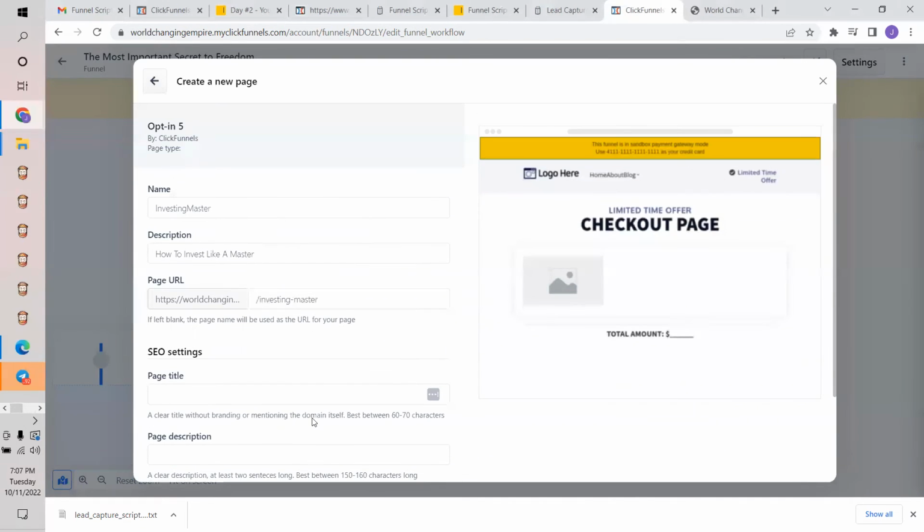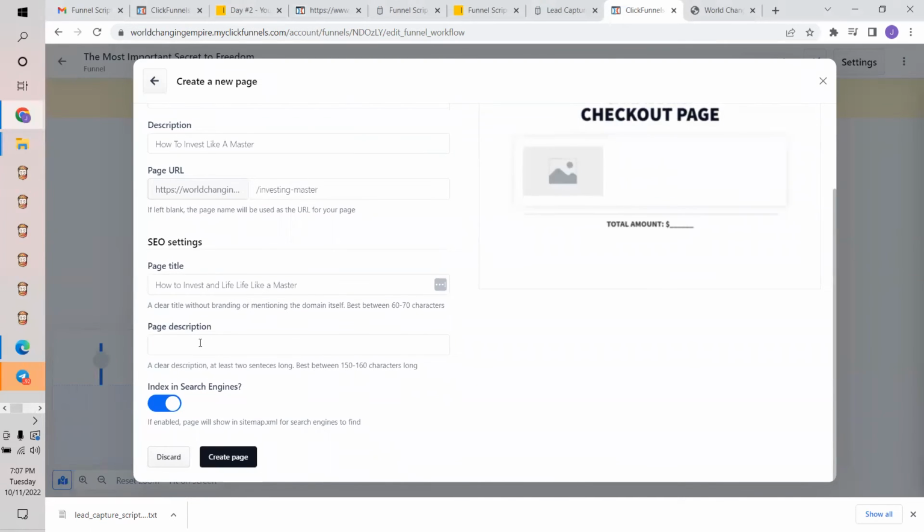A clear title without branding or mentioning the domain itself, between 60 to 70 characters. How to invest and live life like a master. Page description, a clear description at least 2 sentences long, best between 150 to 160 characters. The page description,